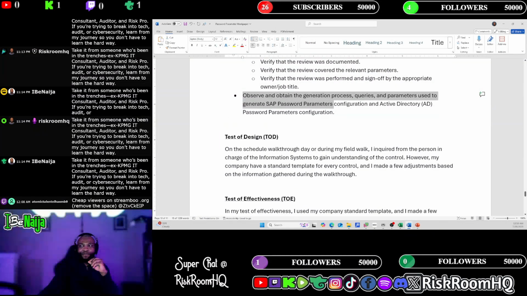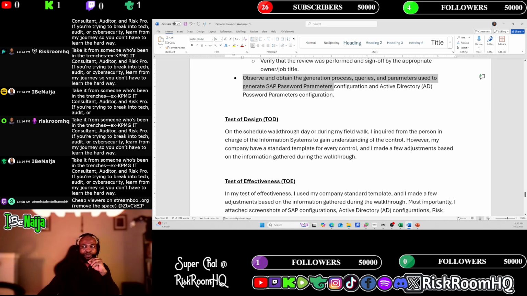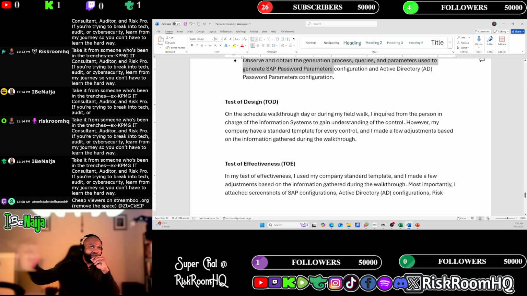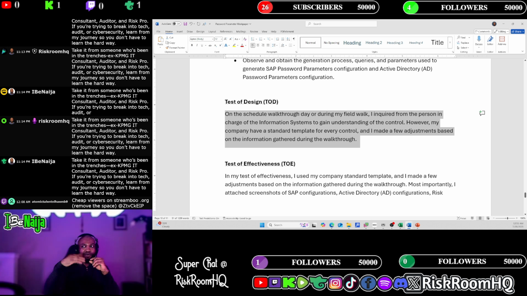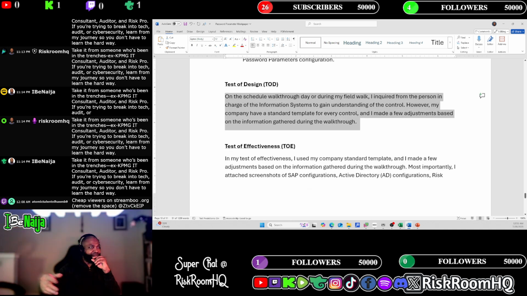So now in the test of design, we're just going to write what we did in the walkthrough. Okay, we're going to write that on the scheduled walkthrough day or during my field work, I inquired from this person in charge of this system. However, I use my company standard template and adjust some information, and this is not what we're going to write. I wrote this here just to give you an overview of what the test of design would look like. The same thing with the test of